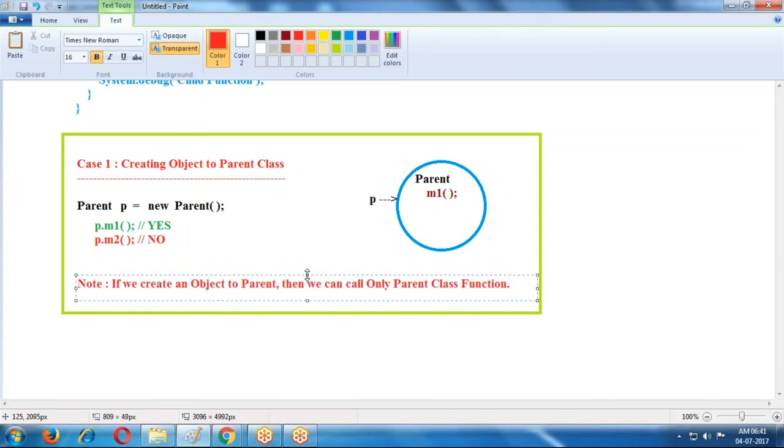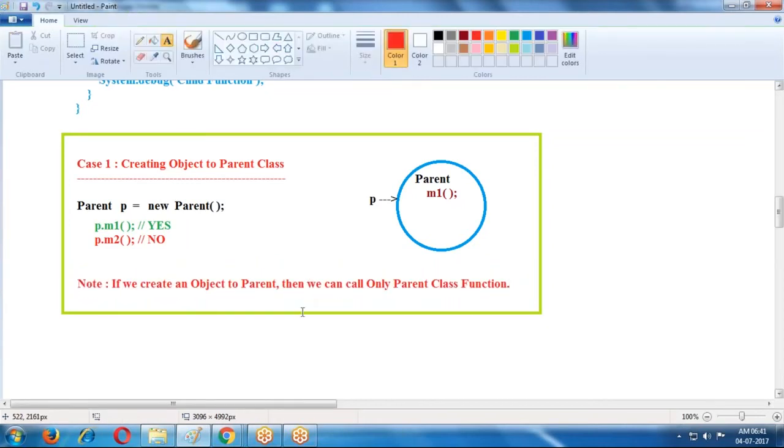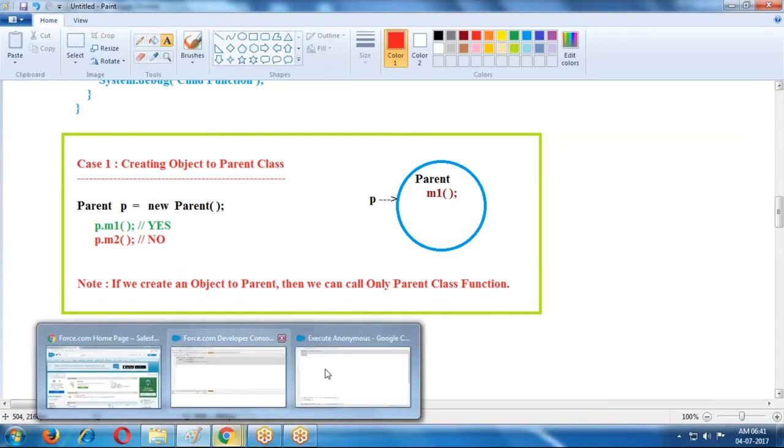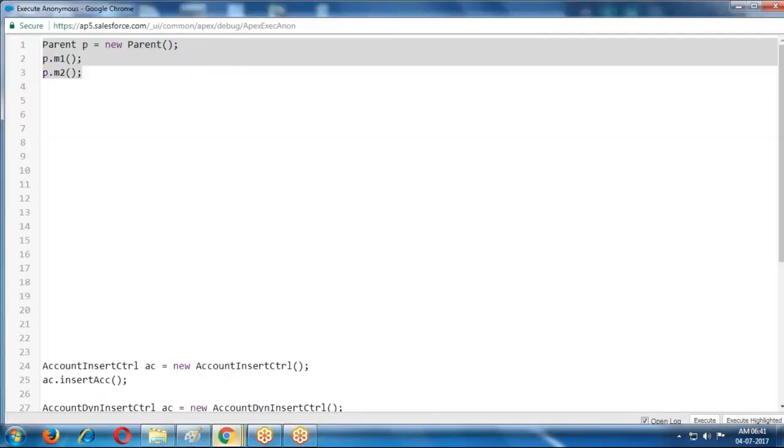There is no child function. So in this case, you cannot use the child class properties. Only parent class properties you can call. That is the reason we get only the parent output.